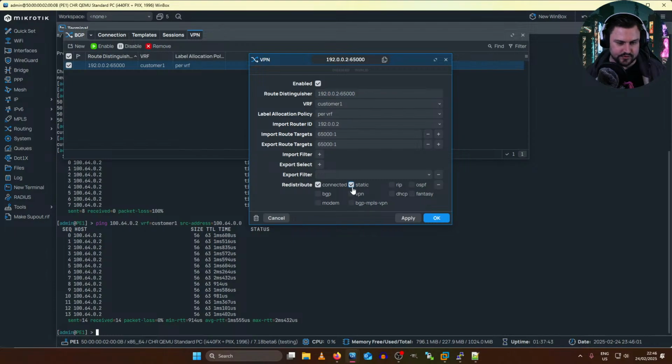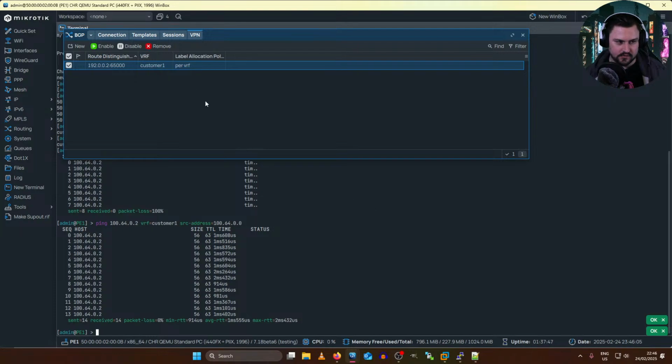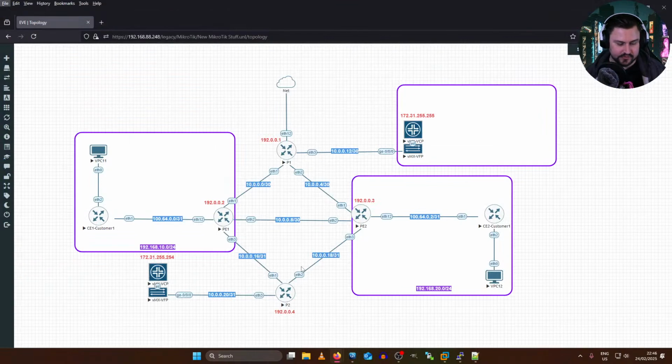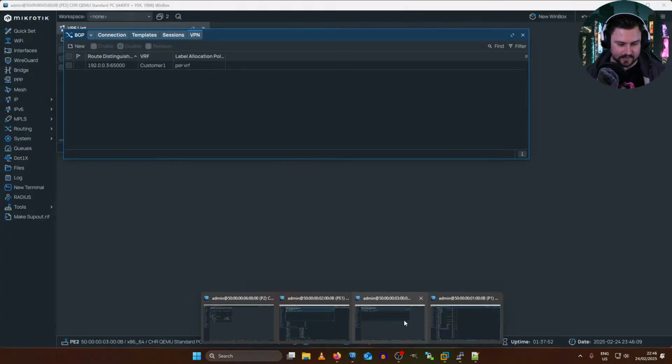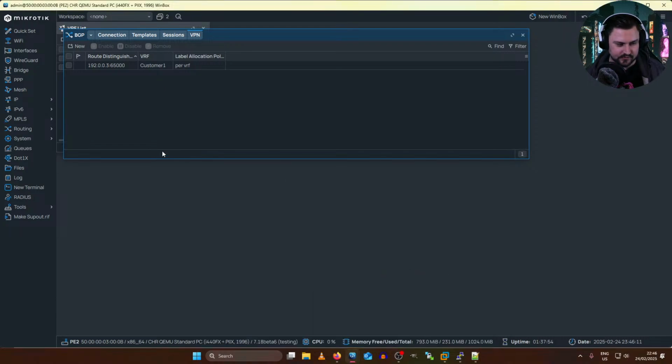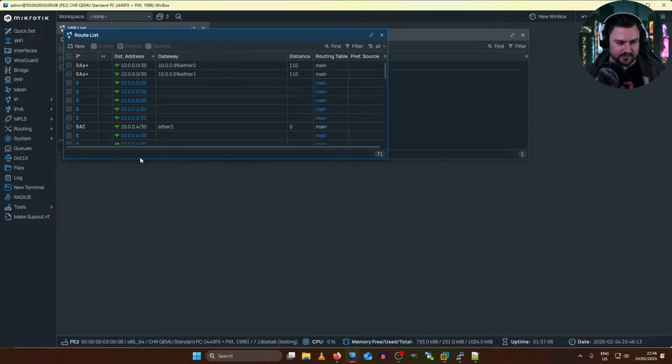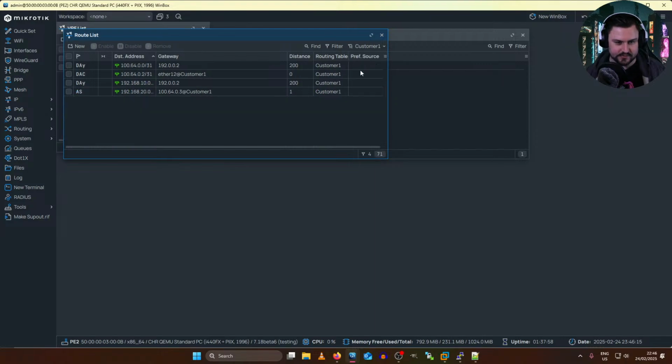So if I just redistribute my static routes, and I just did it on PE1, and if I go to PE2, this is going to be interesting. If I go to PE2 and have a look at its routing table, and I look at the customer 1 VRF, I'm now learning 192.168.10.0/24.